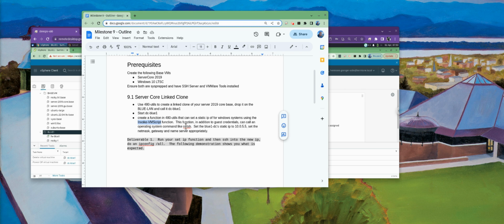So I use the program netsh, which is on all Windows boxes, to set the static IP address. But you can do something else. You can do it via PowerShell if you want to. You can upload a script. Totally up to you. But the end result is you run code on the Server Core box via PowerCLI, and